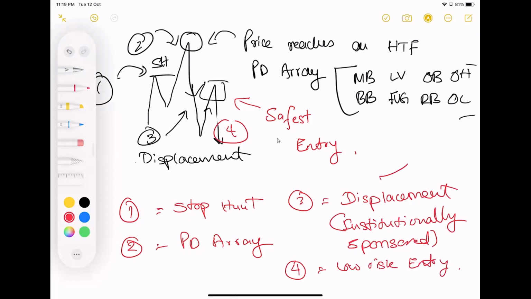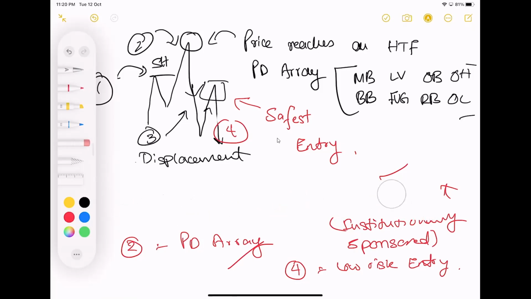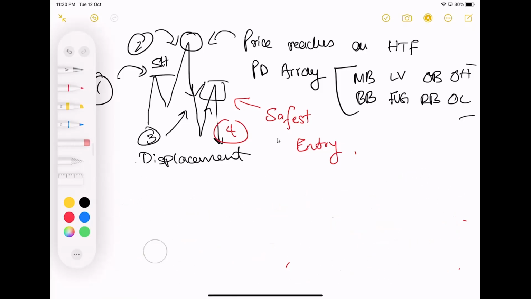Because you have your stop hunt, PDRA, and displacement. Those are the three factors which make a successful trade technical in terms of structure. Which is why, if you just look at this crude depiction of a diagram over here,